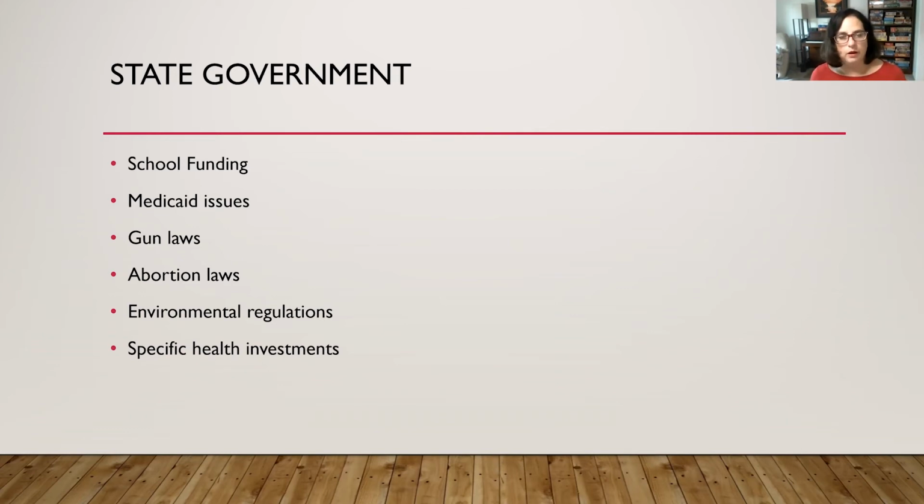School funding. People care a lot about education, and clearly there are health impacts to education and opportunity. And we know that education outcomes impact health outcomes, and even the health insurance status of a parent will impact the educational outcomes of a child and increase their health outcomes. There's a lot of components there. Medicaid issues, when you talk about things like making sure people have Medicaid expansion or have access to Medicaid.